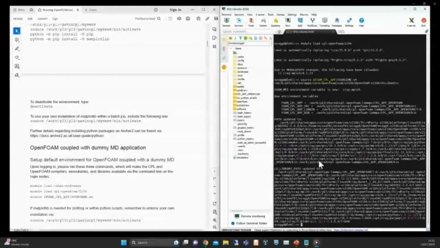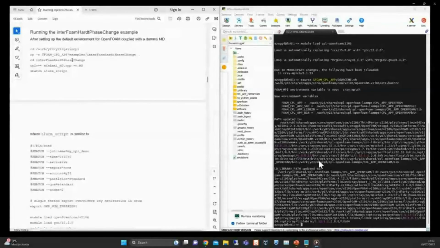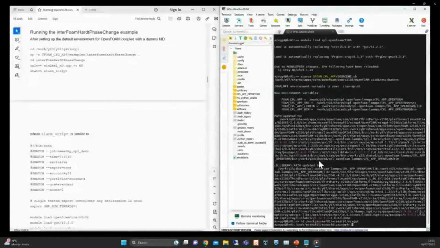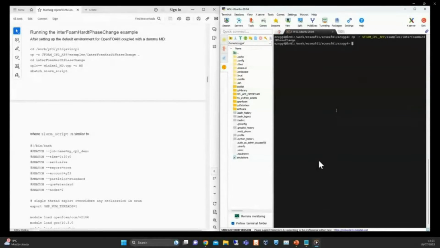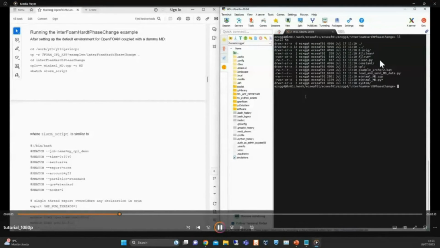Then, once this is done, if you go back to the index of this guide, you can look into the interFOAM hard phase change example, which is again the name of the OpenFOAM solver we're using for this example. And all you have to do here is to basically copy the corresponding example folder into your working directory. And once you go inside this directory, you see you have all the files that you need to run this